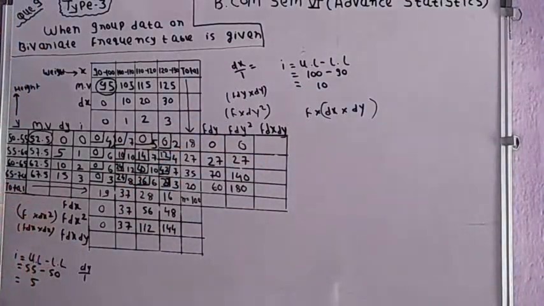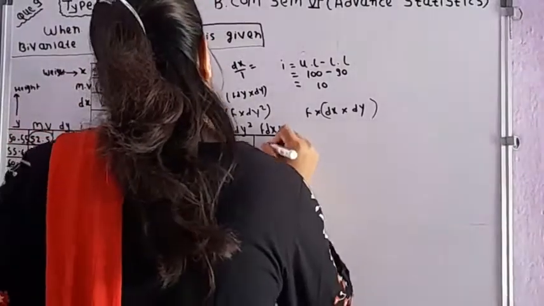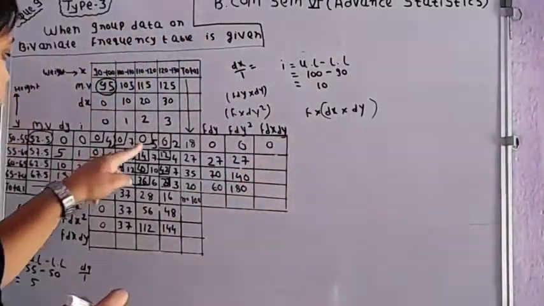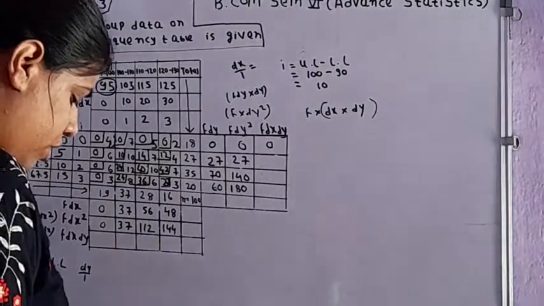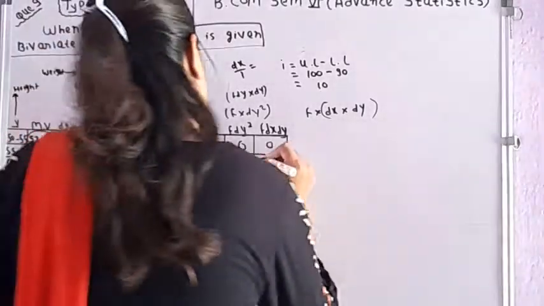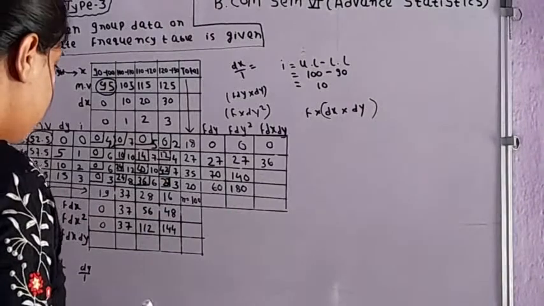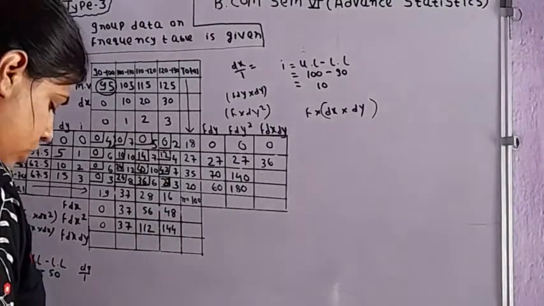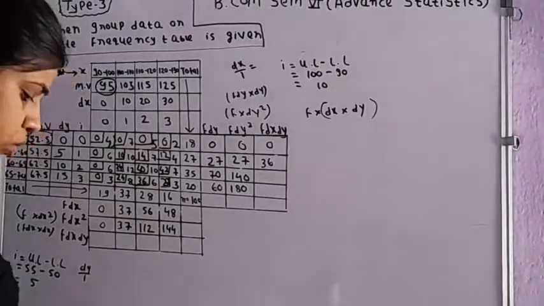Now let's do it for the Y series. 0 into 0 plus 0 plus 0 plus 0, 4. Then 10 plus 14 plus 12. It comes to 36. After that 24 plus 40 plus 42. It comes to